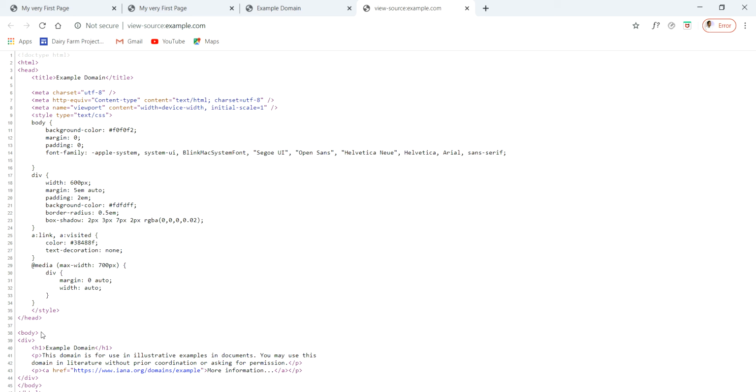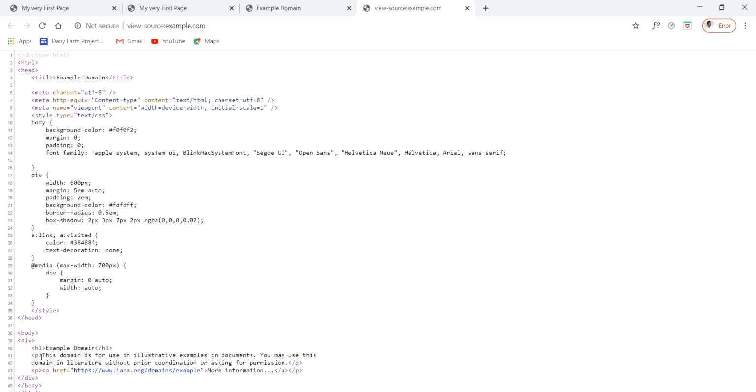Now in order to write the body of your page, we have to start with the body tag. This is the starting body tag and this is the closing body tag. Here we have written the div, that is another tag that has to be used within the body tag. This is used to define a division of the page. Here we have written h1, then we have closed h1. This is the header of some paragraph or some statements. If we have to, then we have to use the header element, that we will learn in the coming lessons.